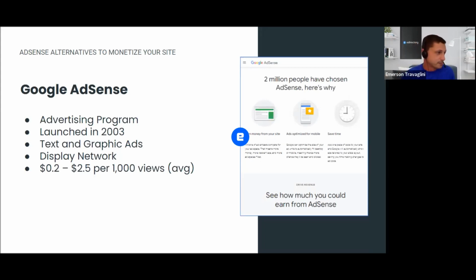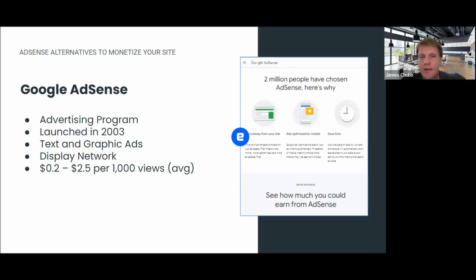It floats a lot. So Emerson, one thing I wanted to add here is a lot of media companies use AdSense when they haven't necessarily sold the ad zone themselves. If they're able to sell it, then they sell it, because obviously they can sell it for a lot more than that if they sell it themselves. Otherwise they put in AdSense or some other network. So just wanted to let everybody know that you don't need to just say, oh, I'm only going to do AdSense or something like that. You can try to sell them. And if you have an open slot for a certain period of time, you can put in some of these other programs.